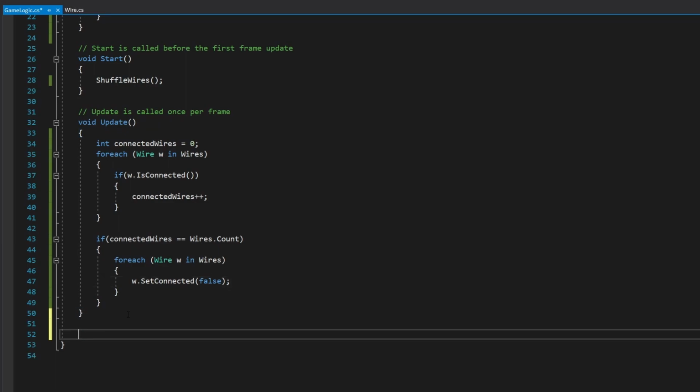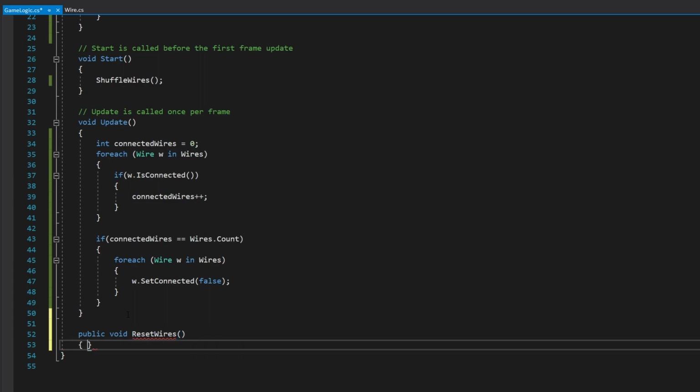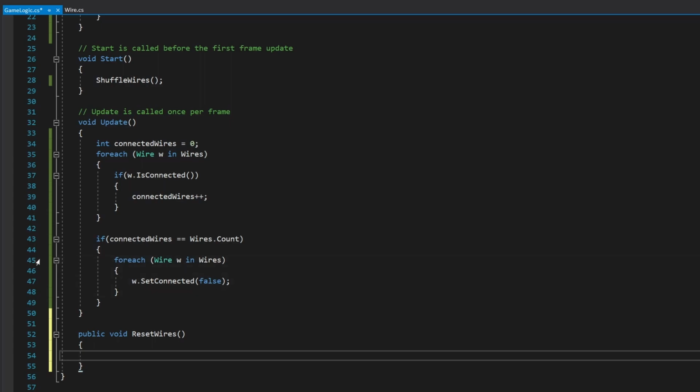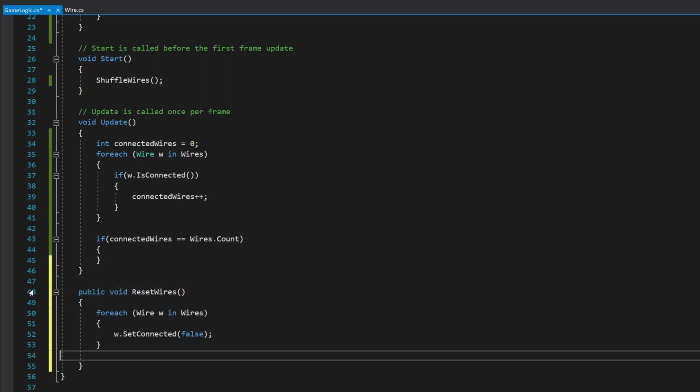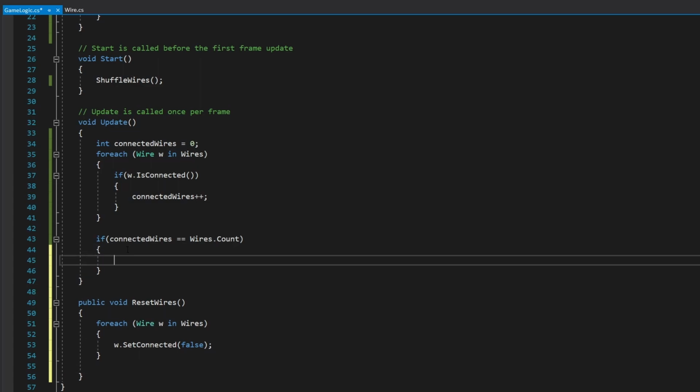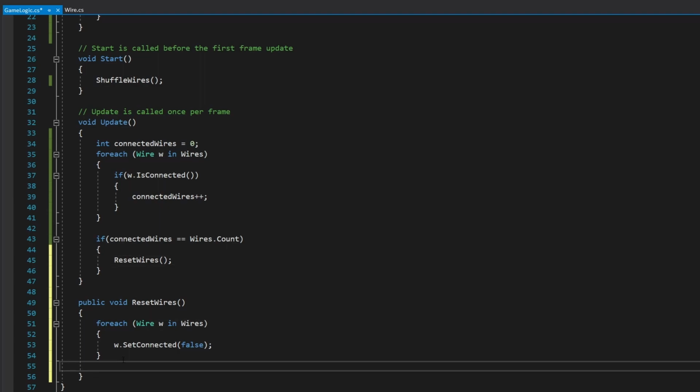So over here, let's create one more function. Let's make this public void. Let's call it reset wires. That's basically going to do the same thing we just did. We're just going to move where the code is. So we're going to grab it from here, copy it, then paste it here. And then we're going to call reset wires. Now, we not only want to reset them, we also want them to get shuffled again,